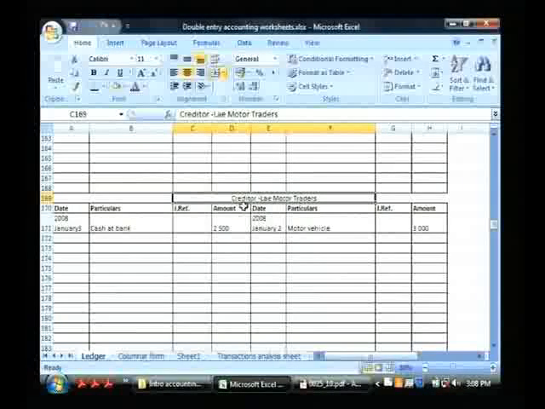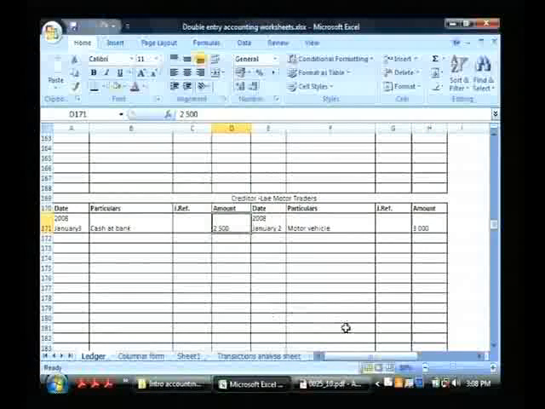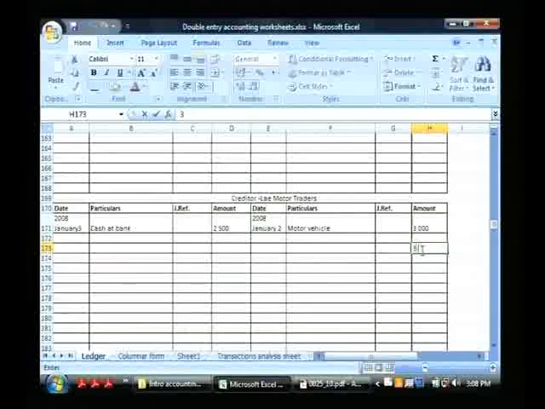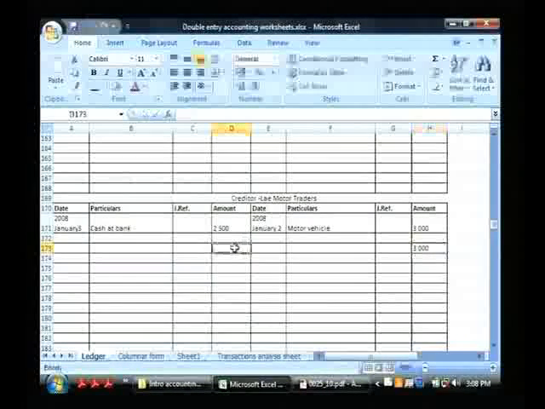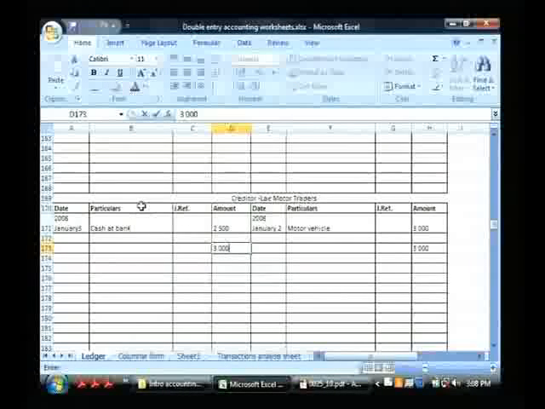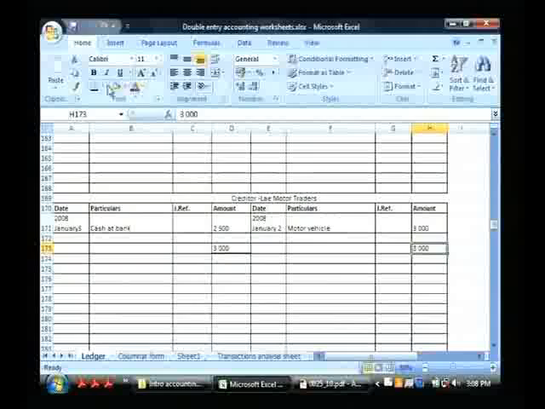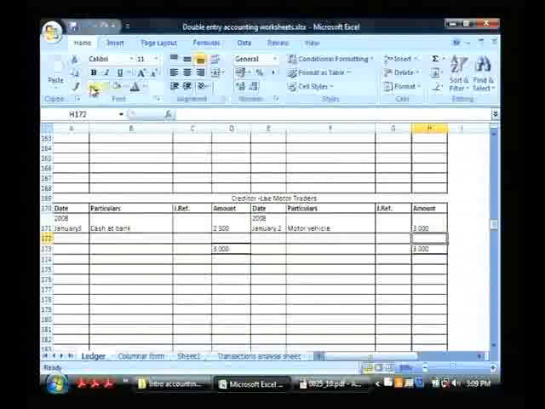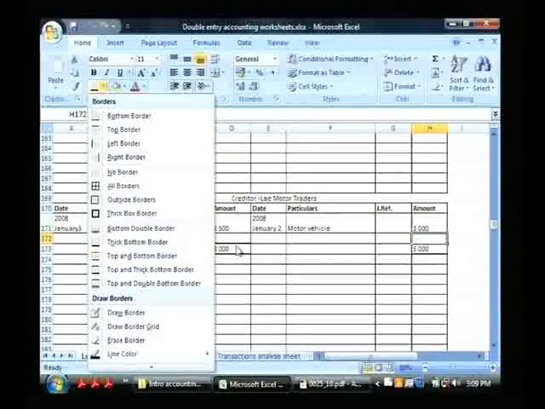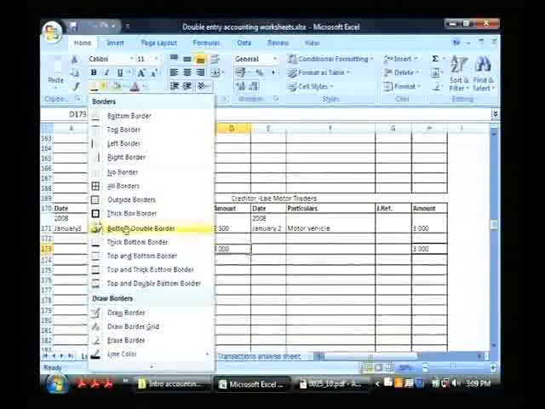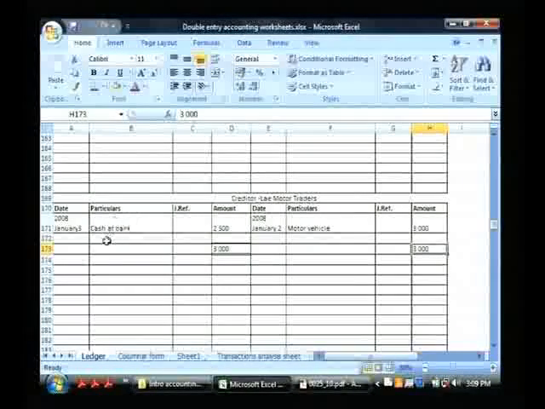Lay Motor Traders, creditor, credit side 3,000, debit side 2,500, therefore credit side is more, so therefore write the total, both sides same amount. Double lines for the total, and balance on this date